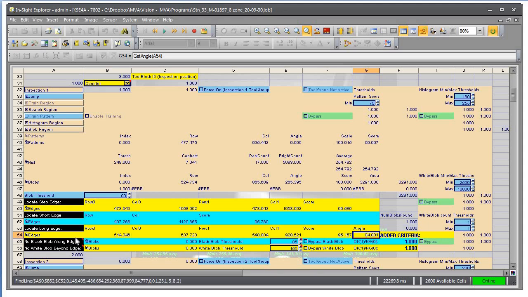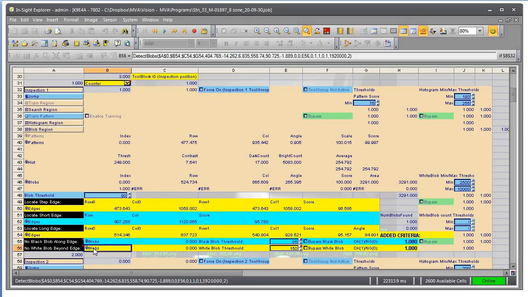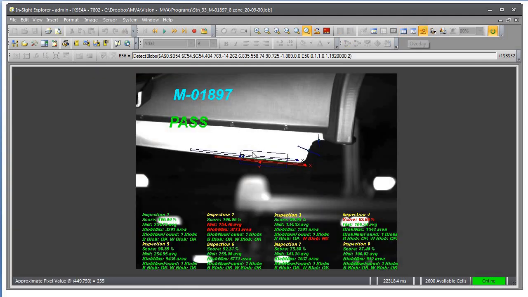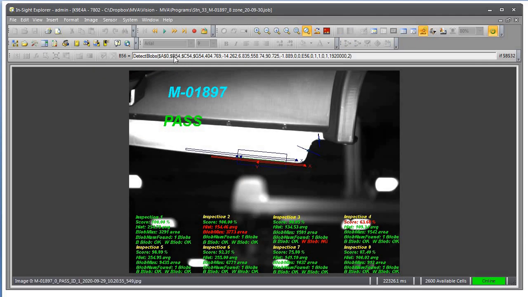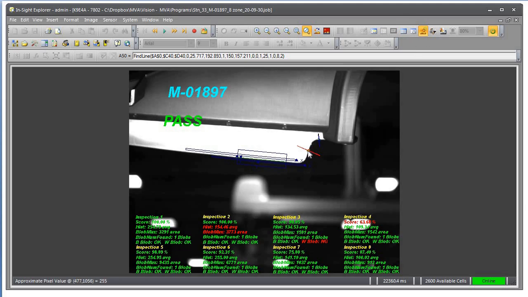So it refers to the result, the location and orientation result of the final find line tool, right? Of the final found edge. Here we also take a look at the white blob tool. It also refers to cell B54, C54, and G54. Sometimes if the edge search is wrong, if the edge search can't find a location or it missed